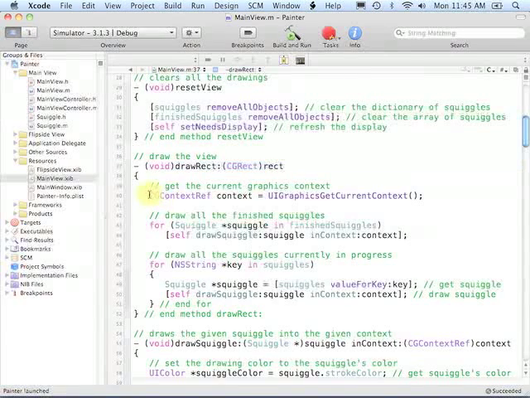So at line 40, we get the current graphics context. At line 43 and